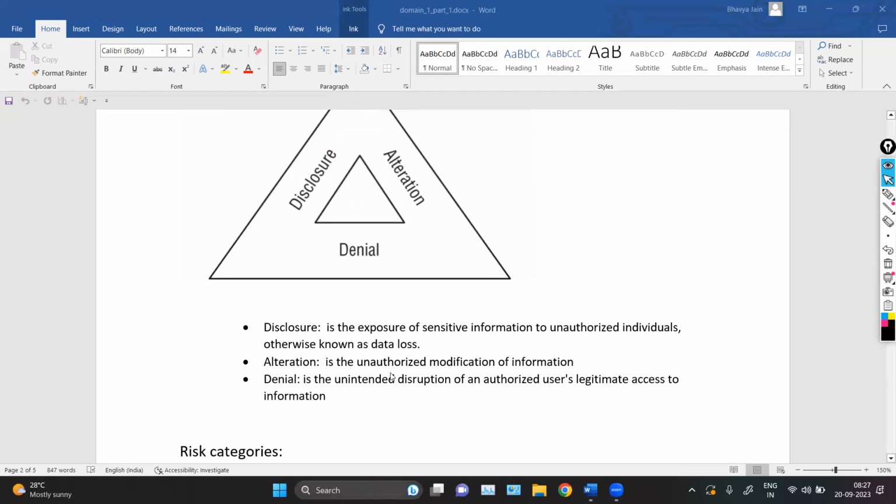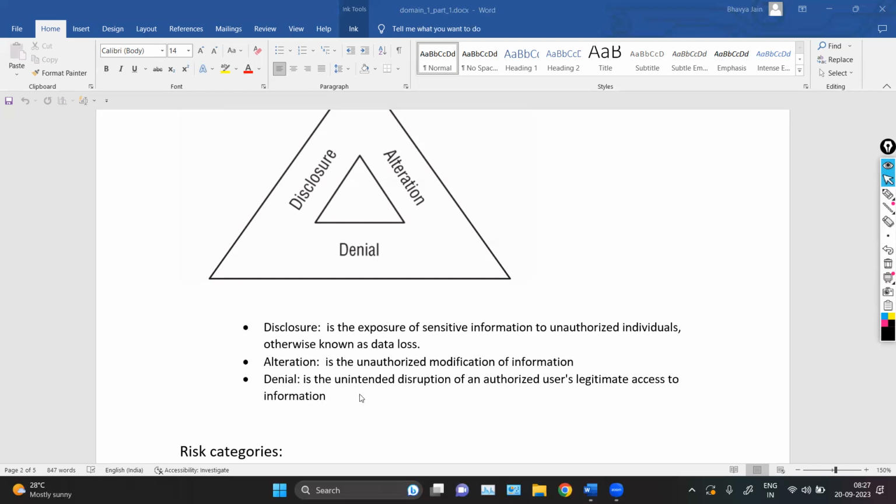So this is the violation of integrity. In integrity, what we are ensuring is that data should not be modified, that no one can modify your data. But in alteration, your data is modified by someone else via unauthorized access or an unauthorized user. So alteration is the violation of the principle of integrity, where anyone can modify your data. That is the violation.